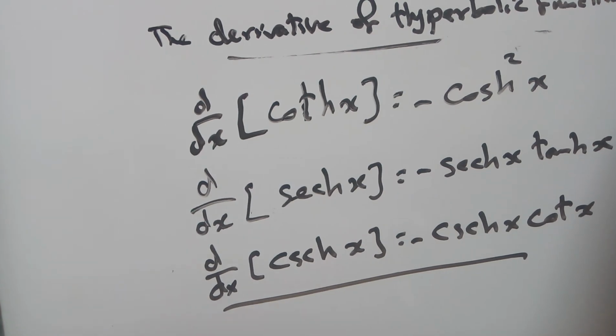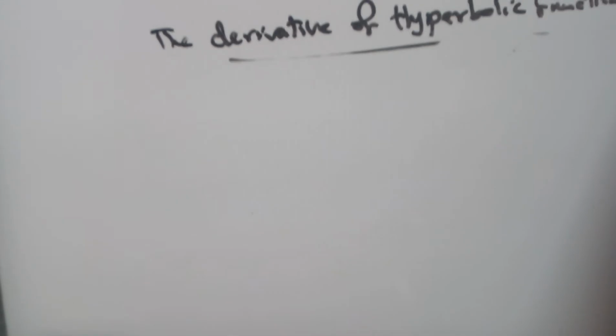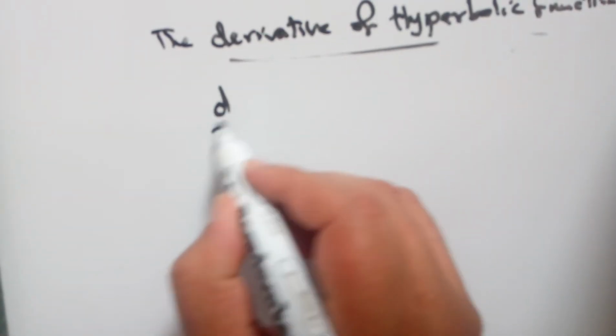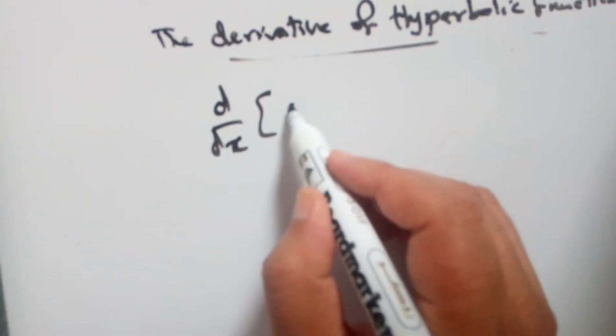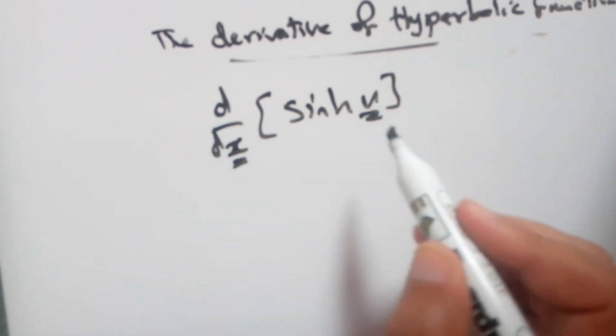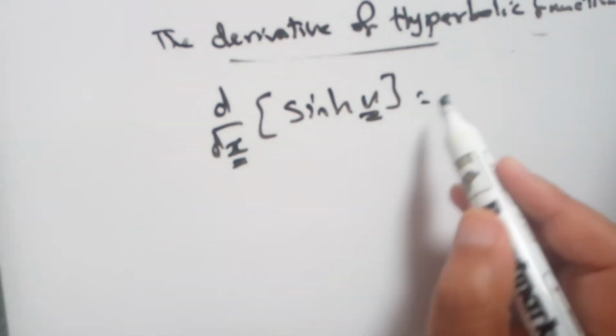But if we change x to u, then I am going to find d/dx for hyperbolic sine u. Here this is x and this is u. u is a differentiable function of x. Then it will be hyperbolic cosine